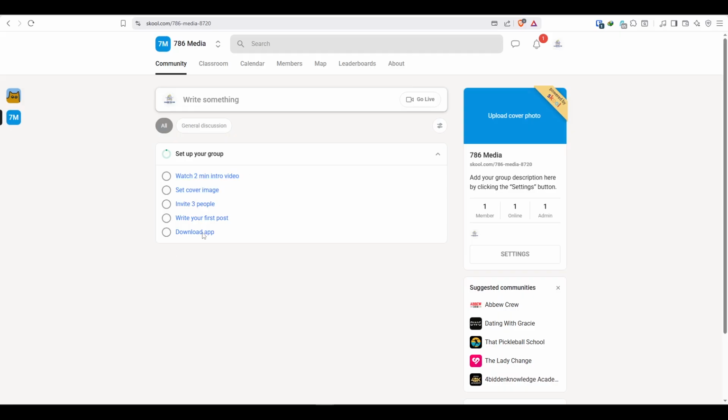So next, you can just simply come over here into the community section and set up your group by setting up the cover image, inviting people, writing your first post, and downloading an app. And it's as simple as that. So there you go. That's how you do it. That's how you can set up